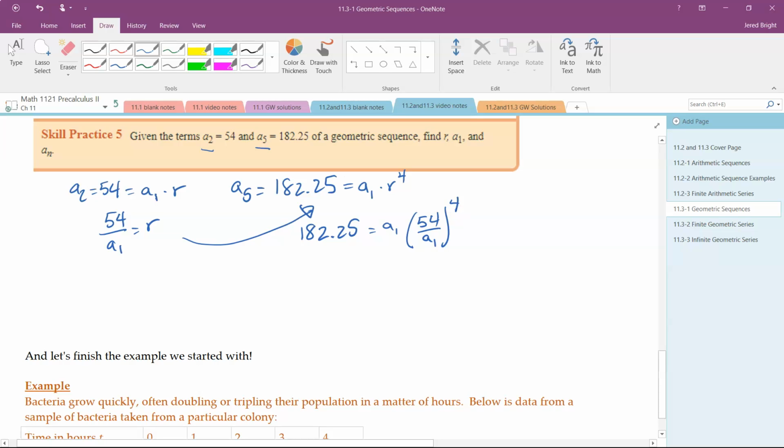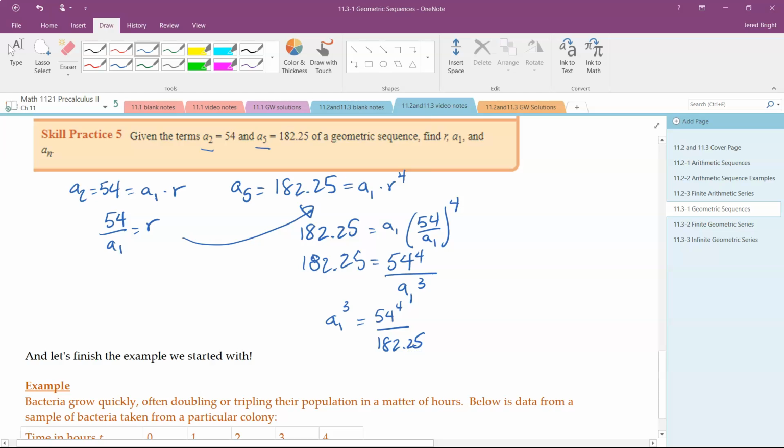Okay, and so then if I simplify this, it's not going to look extremely pretty right now, but I promise you it'll work out relatively nice in the end. 54 to the 4th is a big number. I'm just going to leave that as a big number. 54 to the 4th over, and then if I simplify this, this would be A1 to the 3rd power. And now solving this, A1 to the 3rd power is equal to 54 to the 4th over